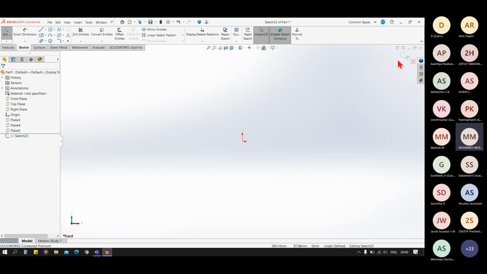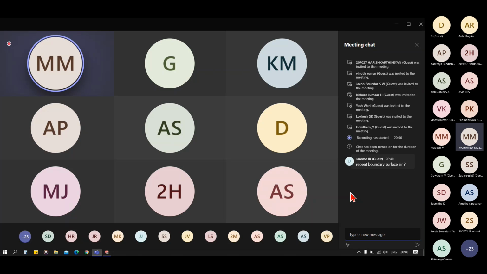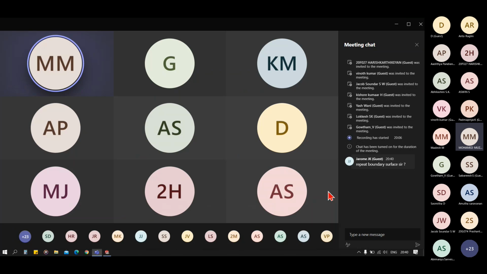Sir, in zebra stripes, should all the surface be black, or then only we can say it is a perfect surface, sir? So in zebra stripes, you said that if there is discontinuity, there are errors in it. Yes. So if the full surface is black in zebra stripes, we can say that the surface is perfect.